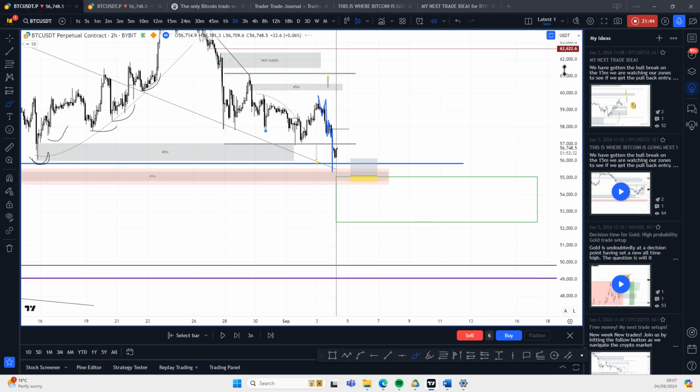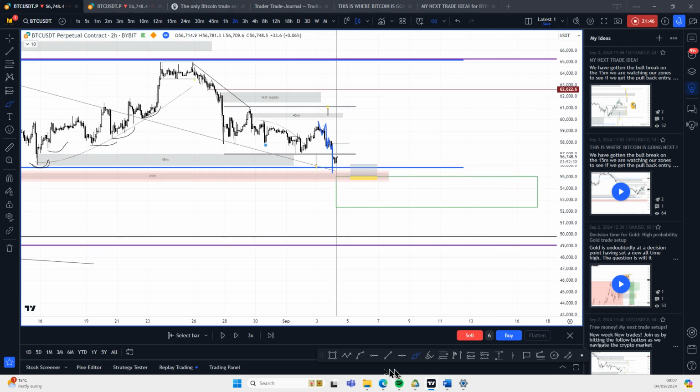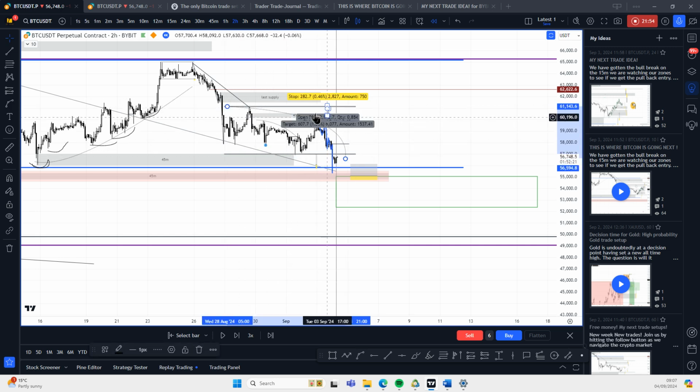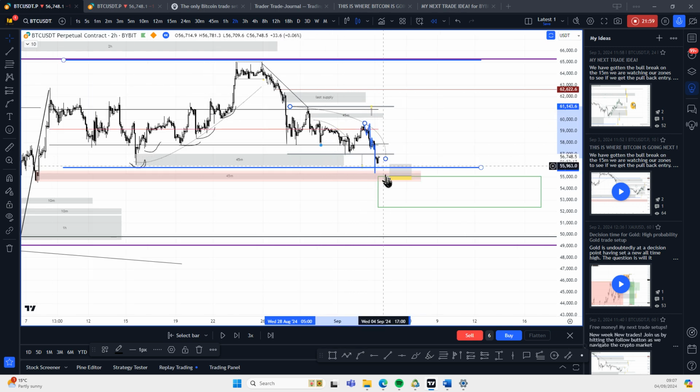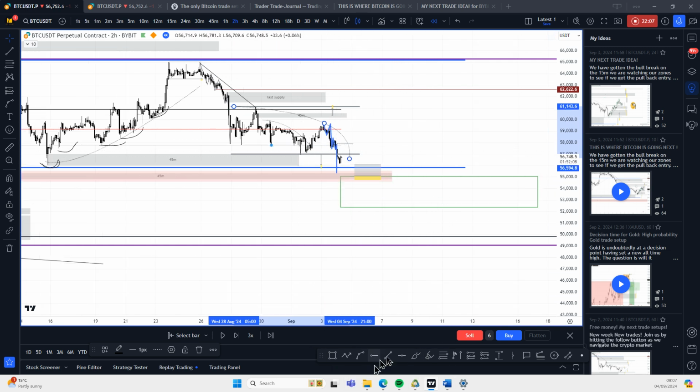Let's see if there's anything else worth mentioning at the moment. It's clear to see we're developing another liquidity curve, aren't we? We've got these stop losses now coming over here. Stop loss over here, one. Stop losses over here, two. So again, this is giving price a reason to rally up from this range. This has given us a reason to have this range deviation. Not just that, we've also got